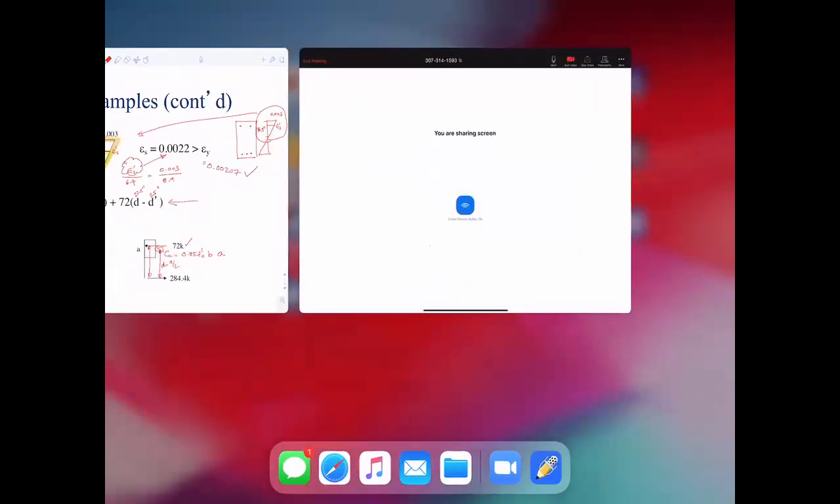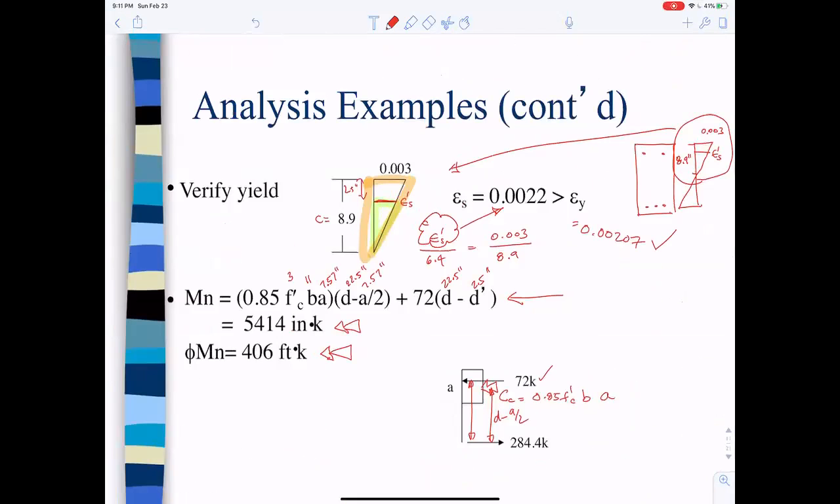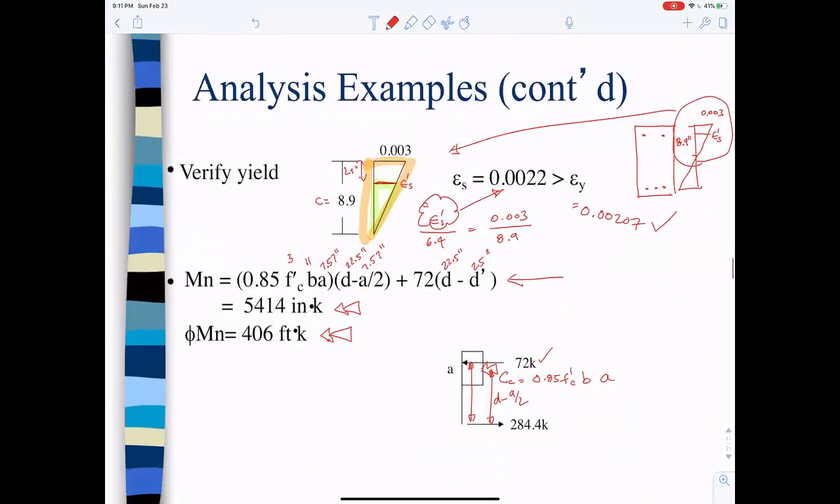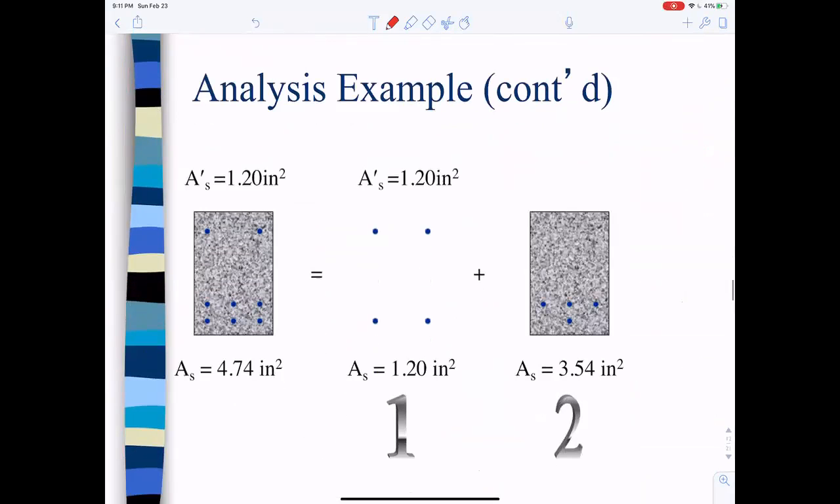We've already solved this problem here, and we got that phi Mn was 406 foot kips. We also got that the compression steel was yielded. We're going to redo that problem using this method where you break up the beam into a steel couple and